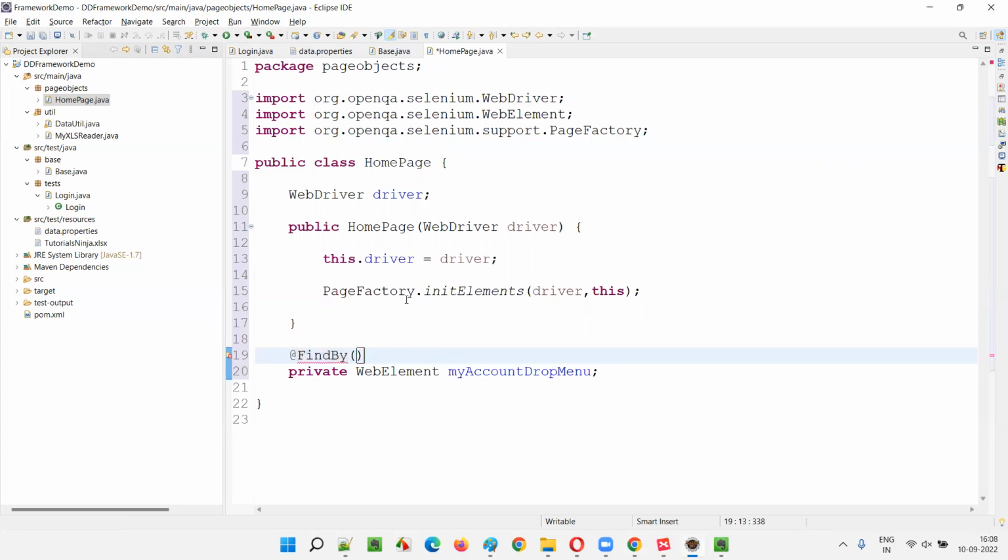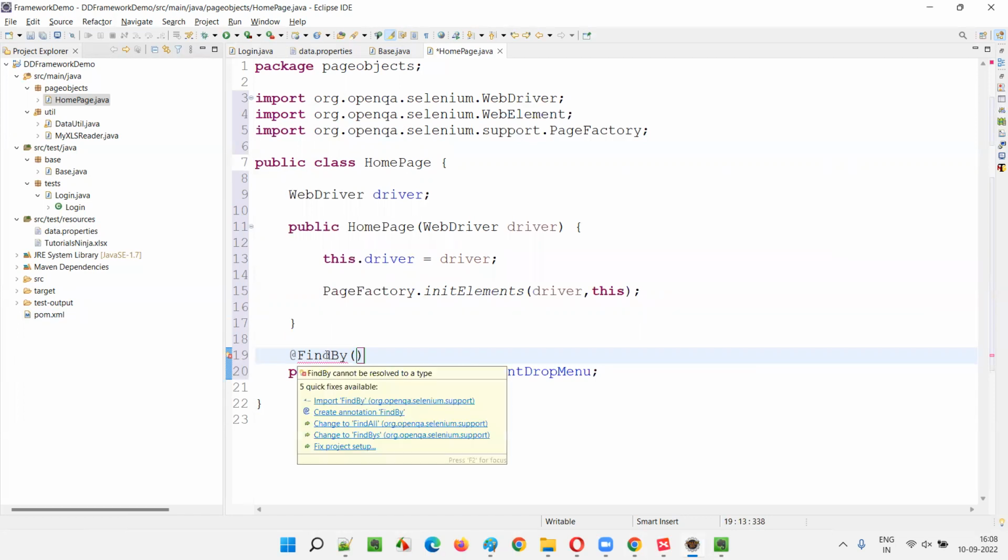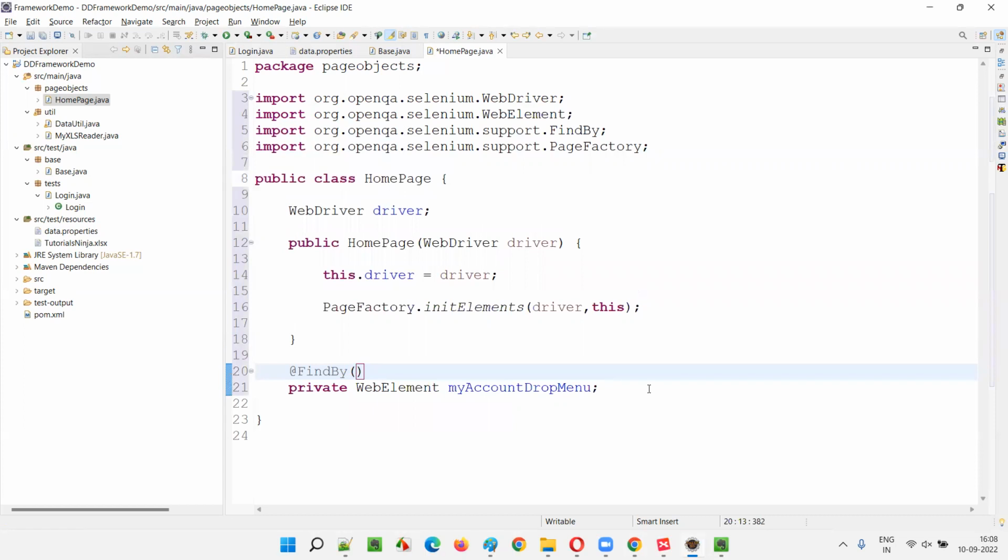Why we have to reinitialize, and why stale element, that is out of topic for this video. So just go through my other video on the stale element reference exception. I have created some videos on different types of exceptions, and stale element also I created a video. Just watch that video so that you'll get an idea. Fine, @FindBy, import this from Selenium, and here you have to say xpath is equal to,